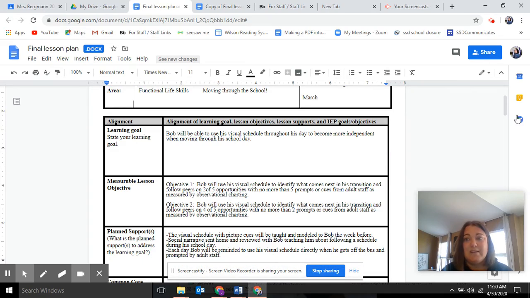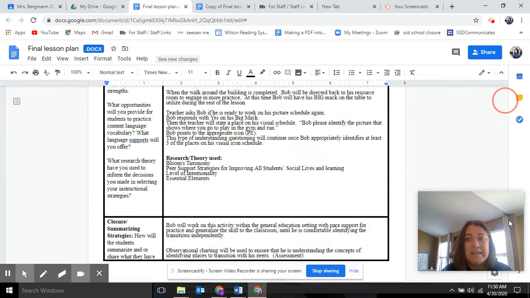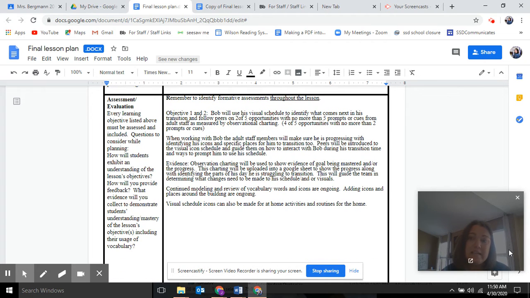So really the lesson is getting Bob to understand his pictures, his environment around him, so he is more comfortable in his school environment, builds his confidence, his independence, and really kind of trying to fade away from those adult